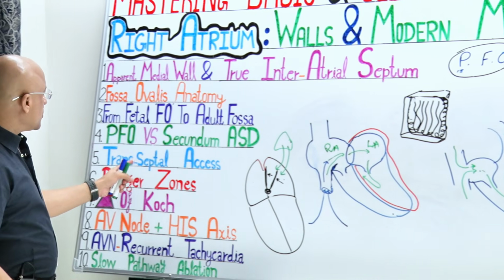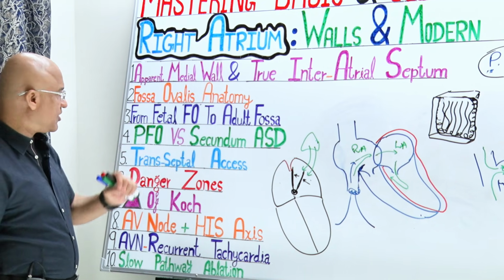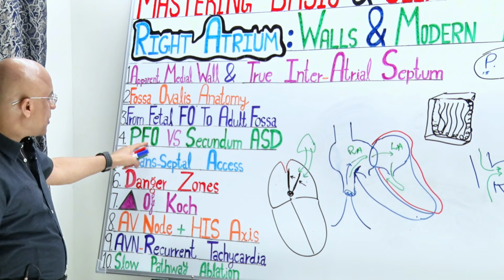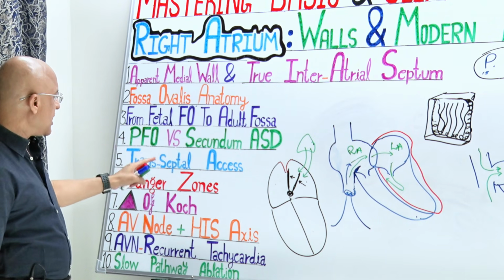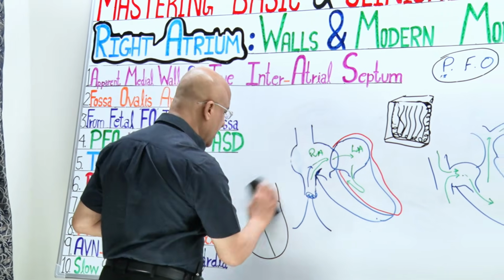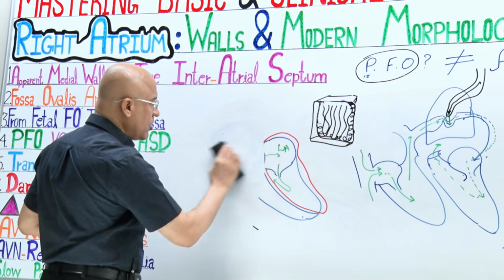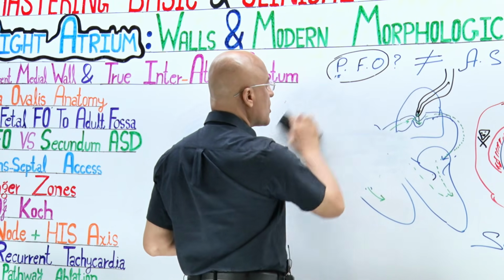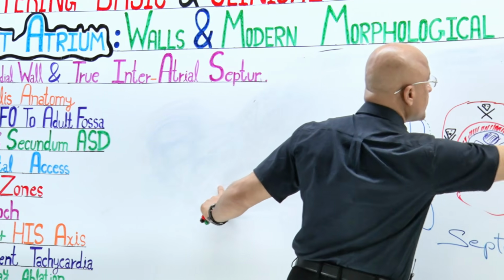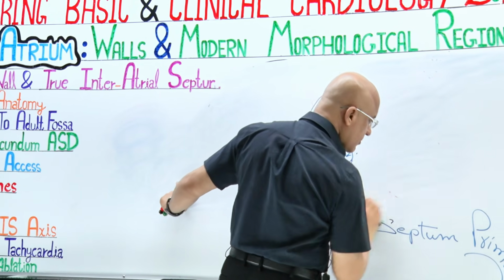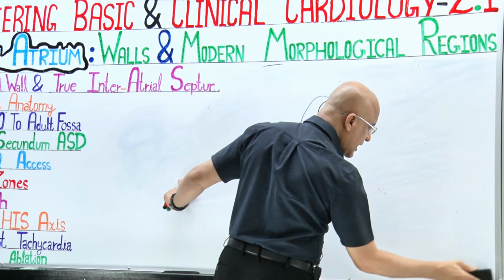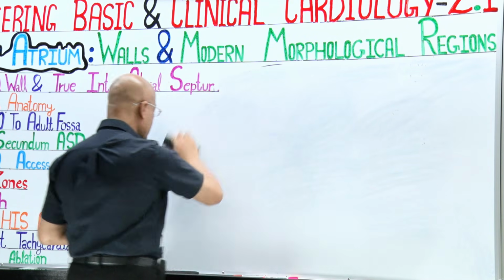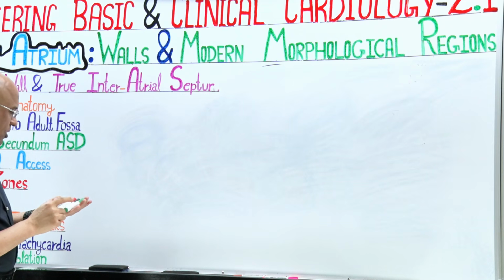One more thing which I want to make very clear, that I was telling you about septal access, right? We already know the difference between the patent foramen ovale versus secundum. Let's talk about a few more important things and integrate all the clinicals related to transseptal puncture, why it is done and what the complications are. Already we know now